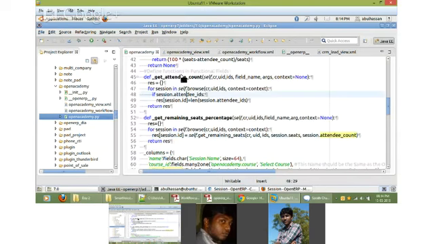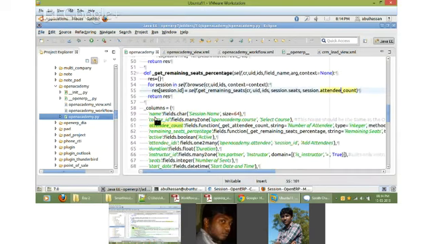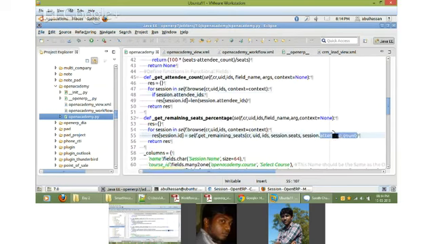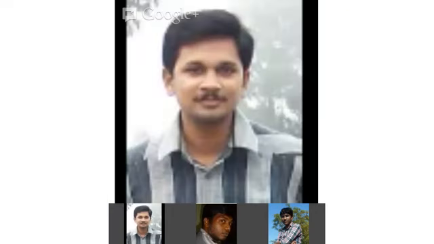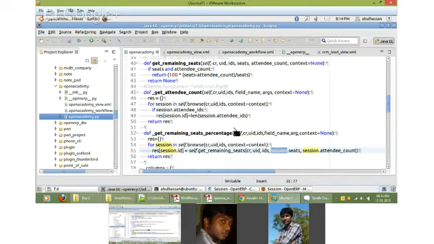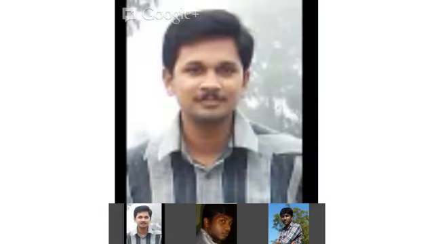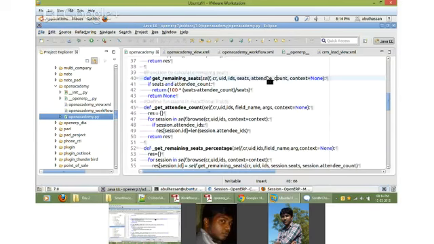Attendee_count we have already calculated. This field comes before this field, so it is already calculated and available in the database. So we can calculate this by getting the attendee count and the total number of seats. Here you can see that I have put down the formula. You can see the two different arguments. As I said, this will always be there for any function, right?